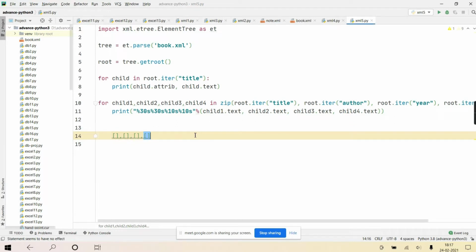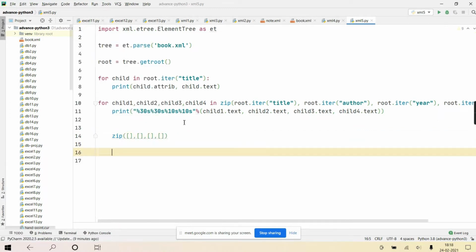Now what does zip do? When it is given to zip, will zip take each corresponding value from all four? First, first, first, first. Second value, second value, second value, second value from all. And will it create tuples of four values? One tuple, second tuple of four values, third tuple of four values.